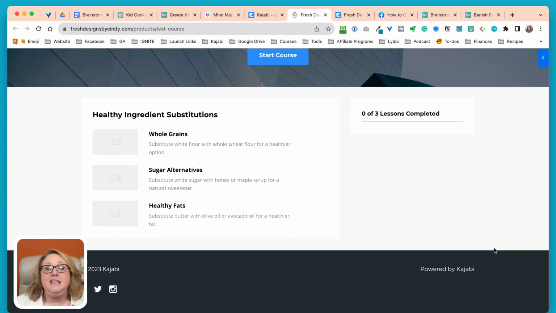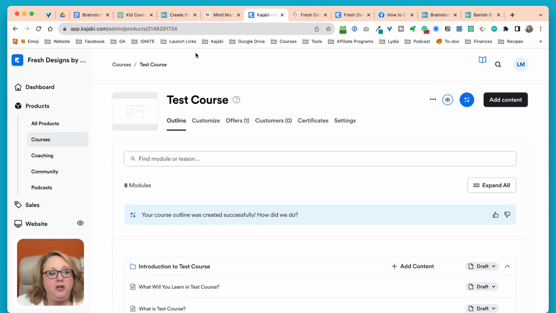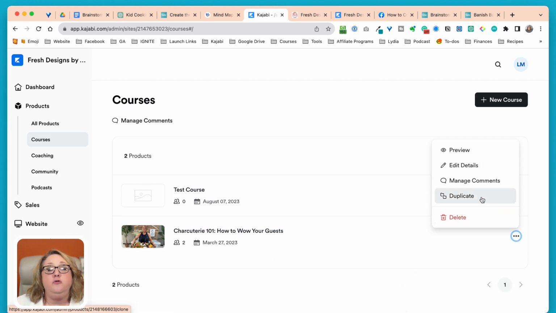And that's because the second piece of building a course inside Kajabi is the design. And so what I love is once you've designed your first course, instead of starting from scratch, I recommend going back to any course that you've already created and designed, and you hit these 3 dots and you duplicate it. So when Cindy makes her next course, let's say her next course is on home decor, she wouldn't want to create a new course from scratch.